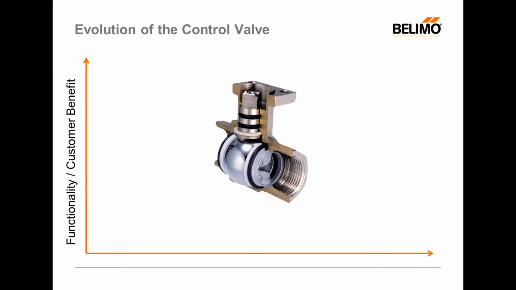So let's start with the most basic valve, and we'll call these types of valves position control valves. What's pictured here on your screen is a cutaway of a Belimo CCV, or characterized control valve. It is a ball valve with a characterization disc in it that gives it an equal percentage flow characteristic. Just as easily, I could have put a picture of a globe valve in here, also considered a position